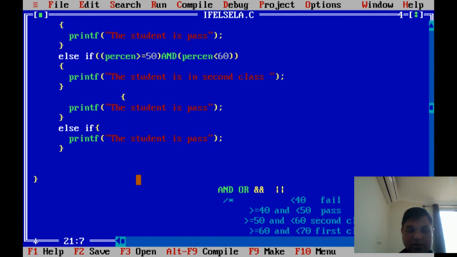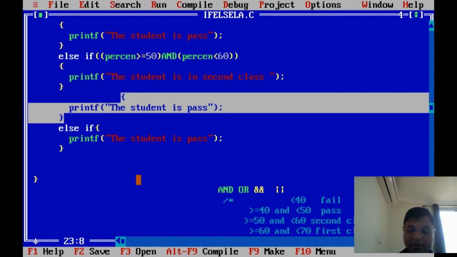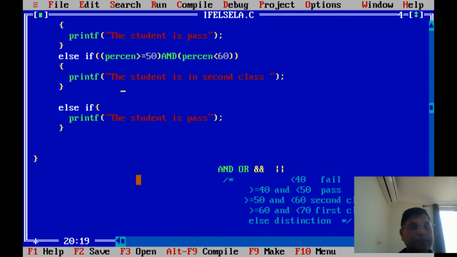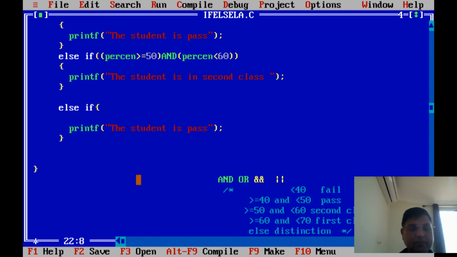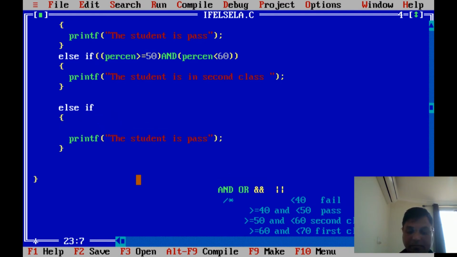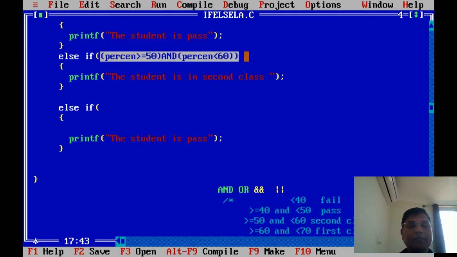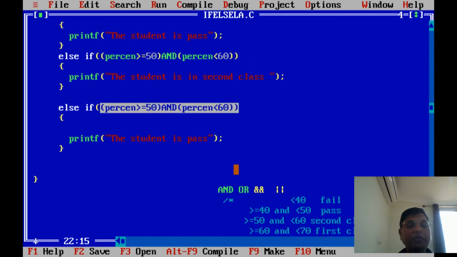Sorry, this one has been printed separately. Else if, and write the condition here straight. Else if, Control Insert, Shift Insert. So now which condition is left?